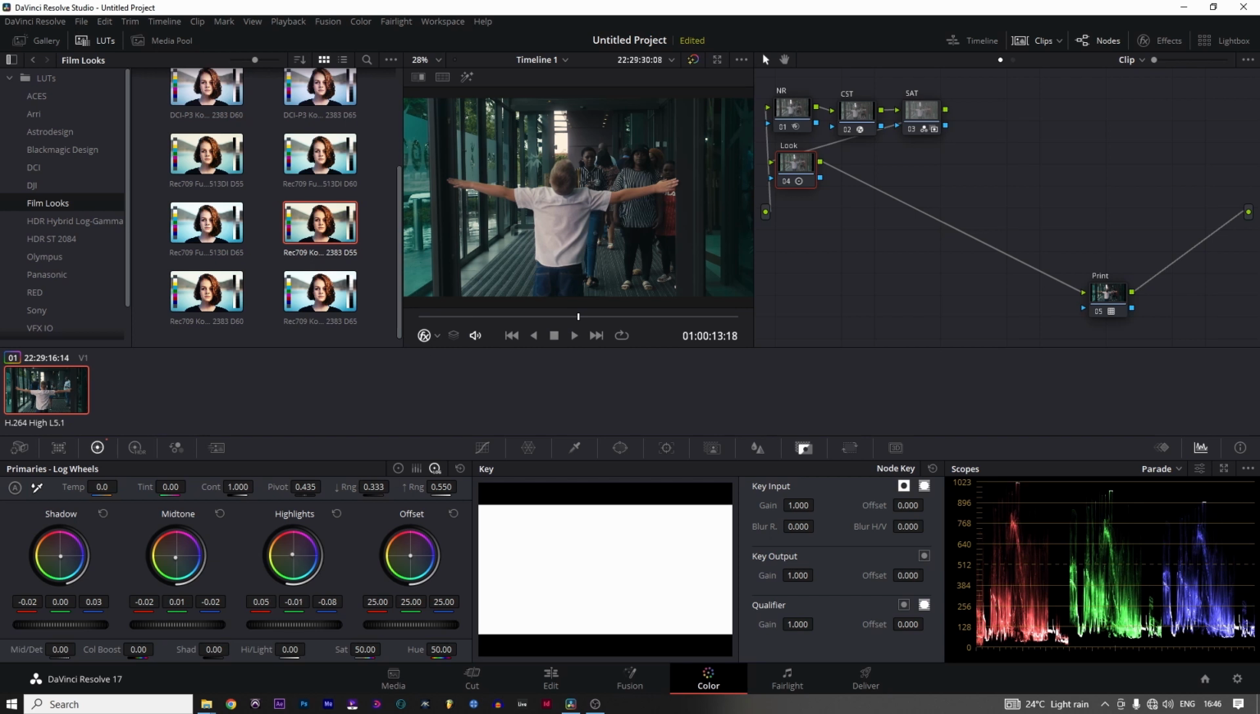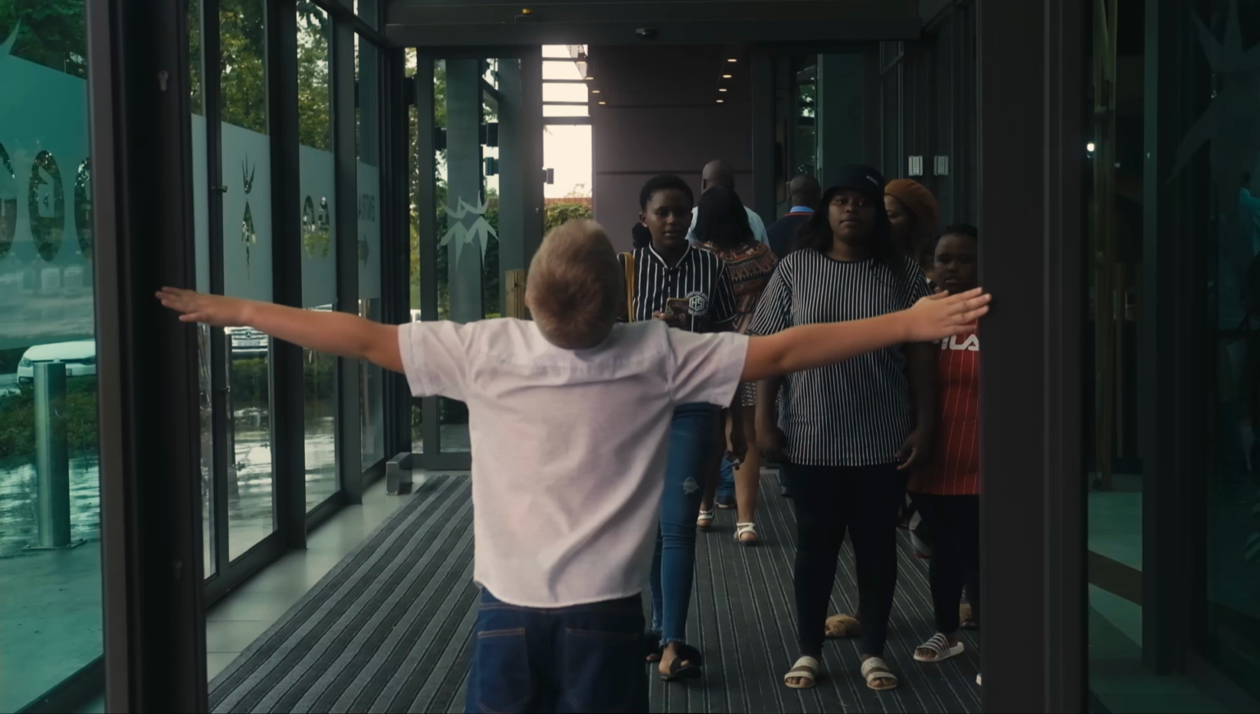The highlights will introduce some orange yellow color, and then for the offset, for the overall color of this image, we'll introduce a bit of the same color that we introduced in the highlights. So let's check this. This is before and after. As you can see,